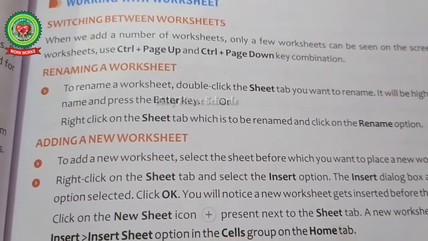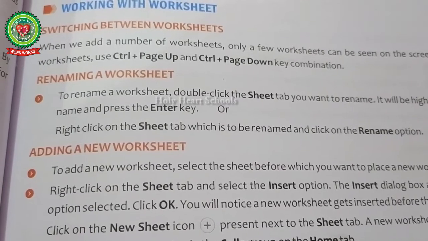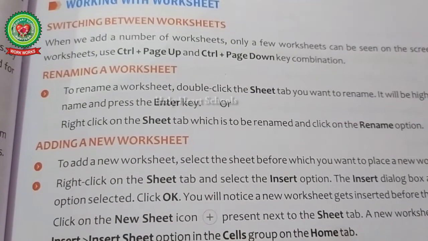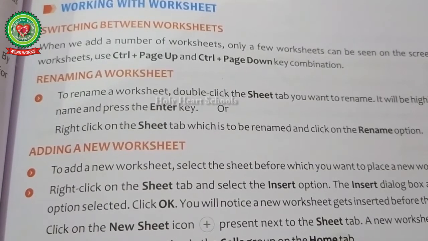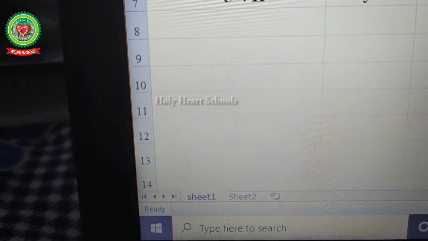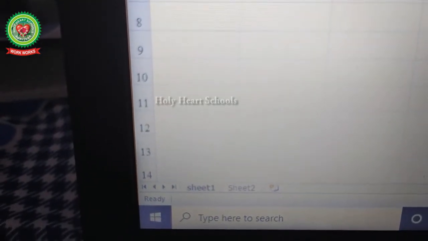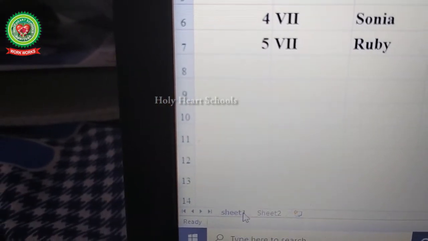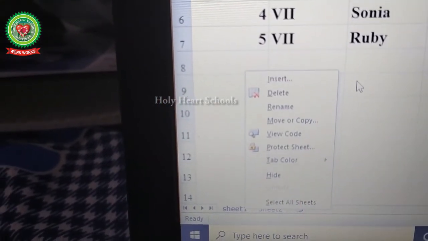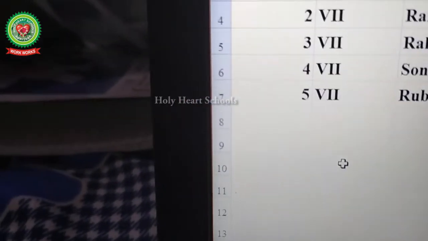Next is how to rename a worksheet. Rename means if I want to change the name of a sheet tab. By default, the name of the sheet tab is Sheet 1 and I want to change the name from Sheet 1 to my name. Then right click on it, click on the Rename option and type your name.